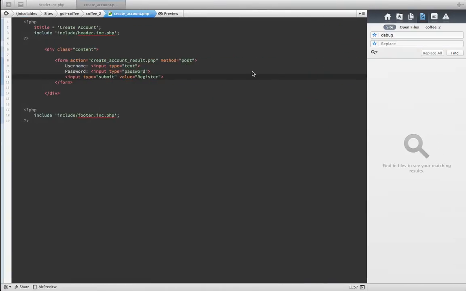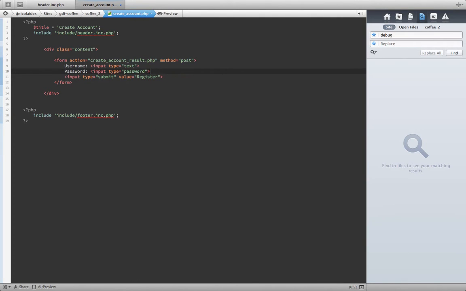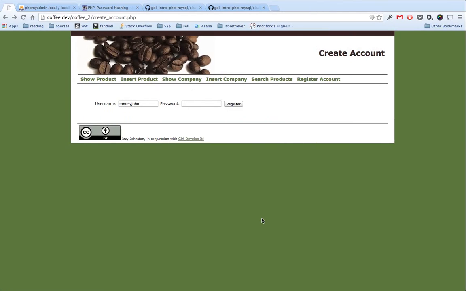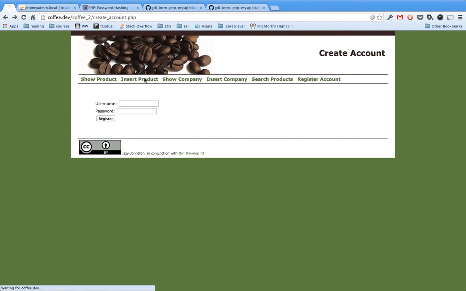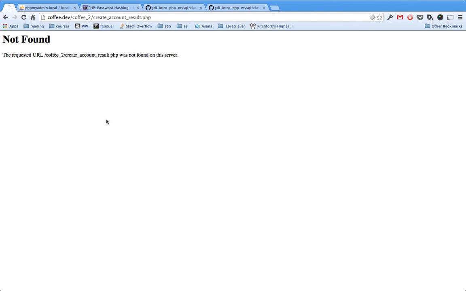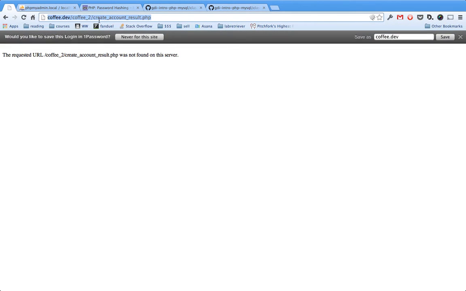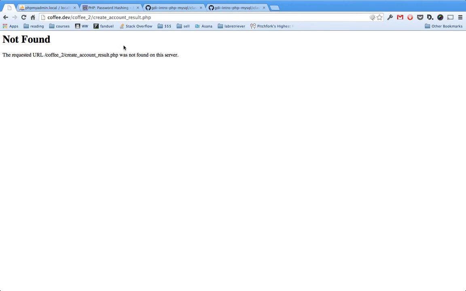And I'm actually going to put a little break tag in here because this is messing with me a little bit. All right, much nicer. Okay, so again, I have username of Tommy John and a password of ABC123ABC. When I click register here, you'll notice that unlike some of the other forms where we use the get method on our forms,